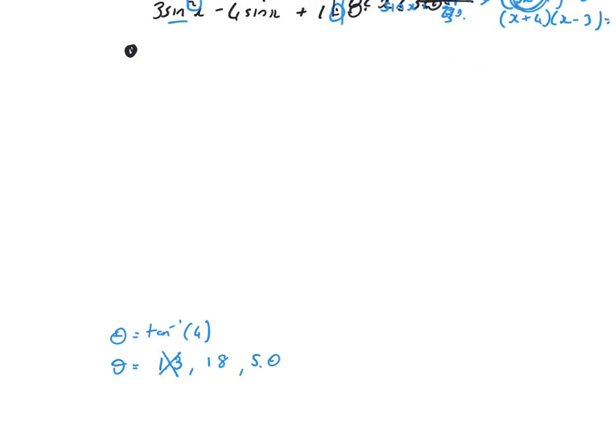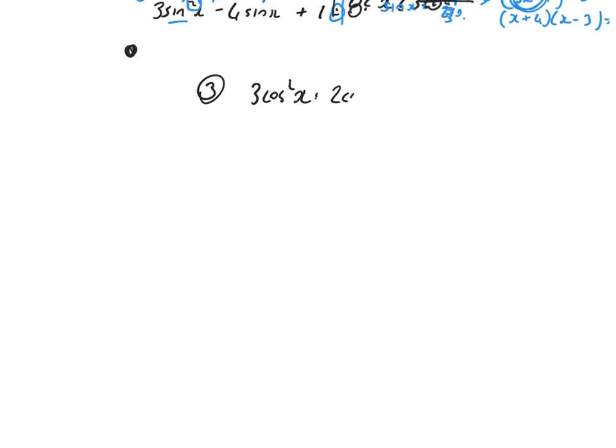Okay, let's try example 3. Example 3, and we have 3 cos squared x is equal to 2 cos x plus 1. We're looking for solutions that lie between 0 and 2 pi. So we're in radians again, so let's get the calculator in radians mode. 3 cos squared x minus 2 cos x minus 1 equals